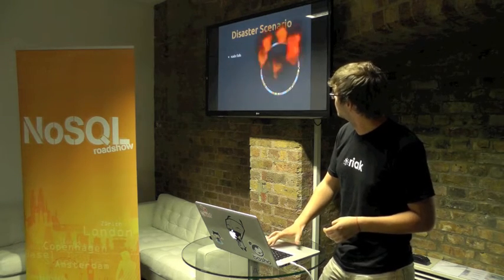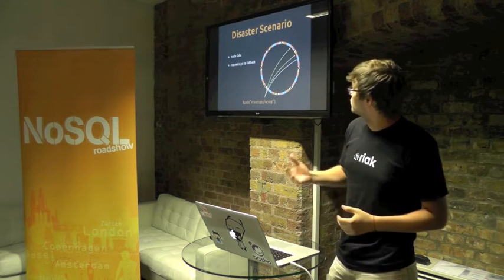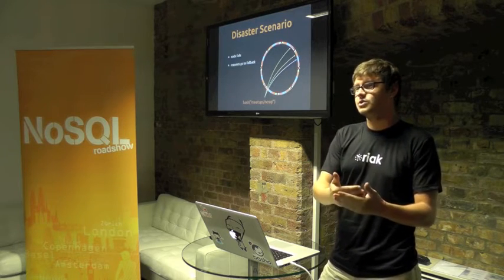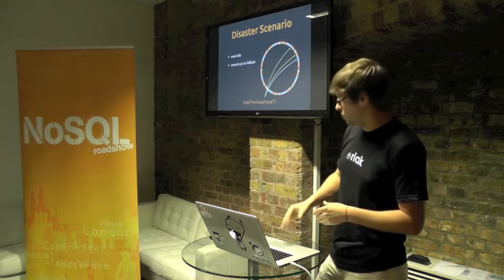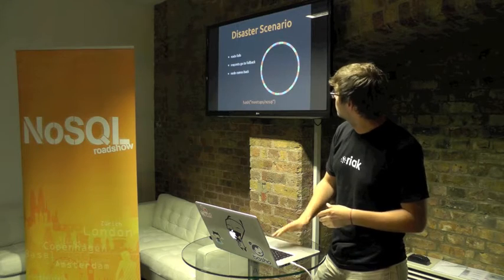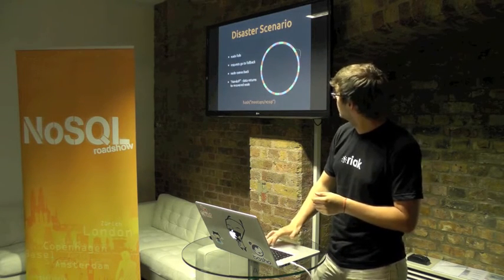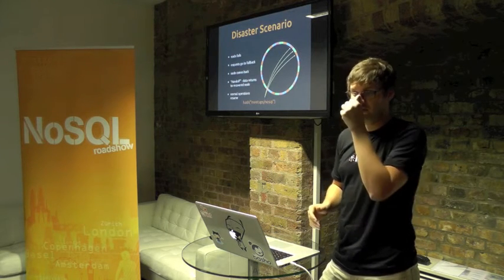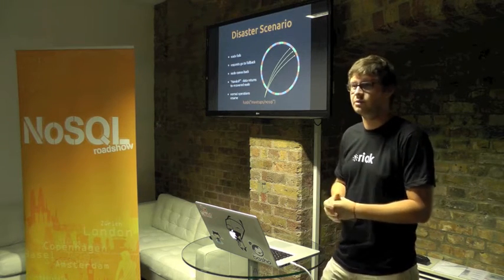So in a disaster, a node fails. So your data has already been distributed to 3 different nodes. When you go to a node, it's able to know where the other data is at any given point in time. When it does fail, the request will go to the fallbacks. The data will actually hand off to other nodes, and then as soon as it comes back online, the data will redistribute automatically. This is built into the system. You don't have to tell it, oh, this node has failed. It will figure that out